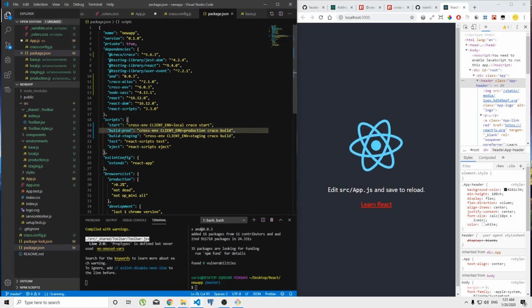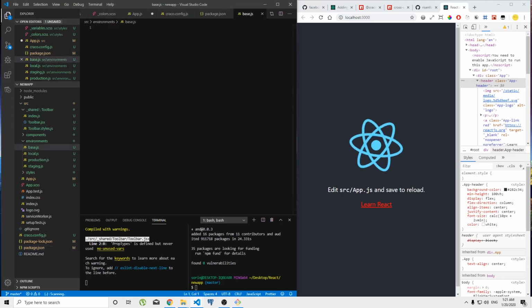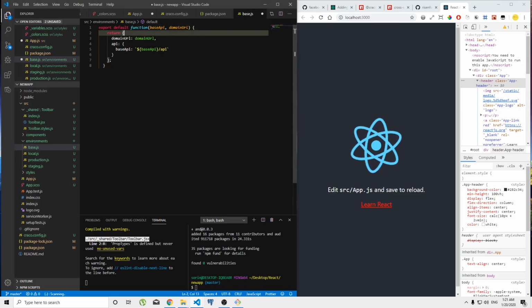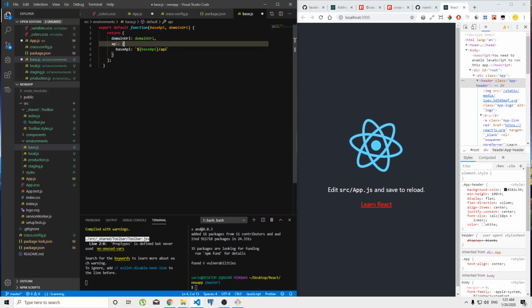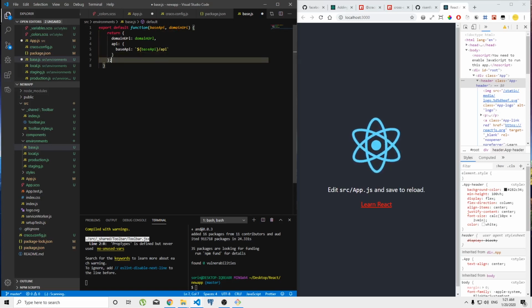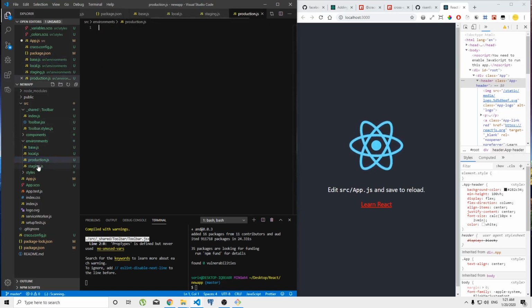Okay, and now we can start populating the environment files. So inside base we will import this function, which returns an object with domain URL and API, and this is the API URL we will use inside the application, inside the services. And after that, in local, production, and staging, we will import